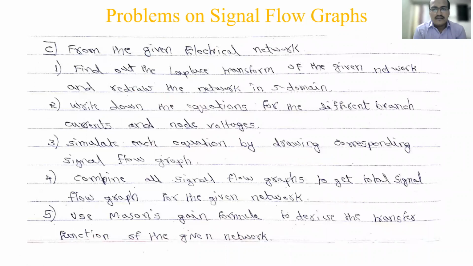From the given electrical network, how do we construct the signal flow graph? These are the steps we will follow. I told you this control system will be studied by mechanical branch students also, electrical students also, electronics students also. So which way we want, we have to bring the problem till there. Maybe the mechanical students may not be learning this part. They will be learning the block diagram or signal flow graph, and they will apply the Mason-Gain formula. They are not bothered much about the electrical network, but we are focusing on electrical, so we have to consider this also. That's how the question paper will differ from one to another.